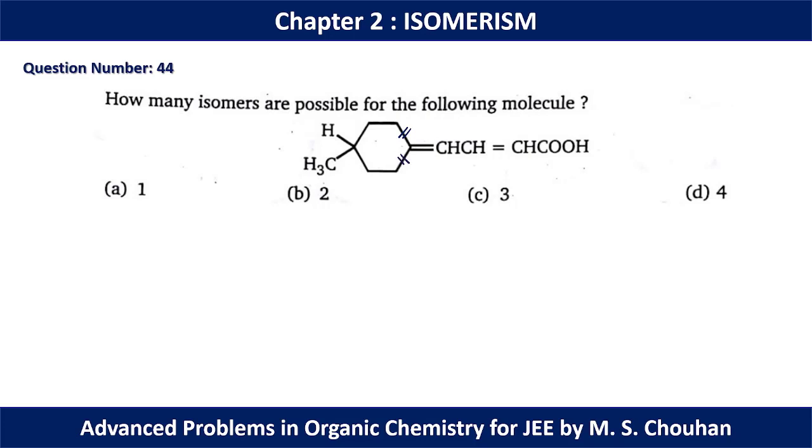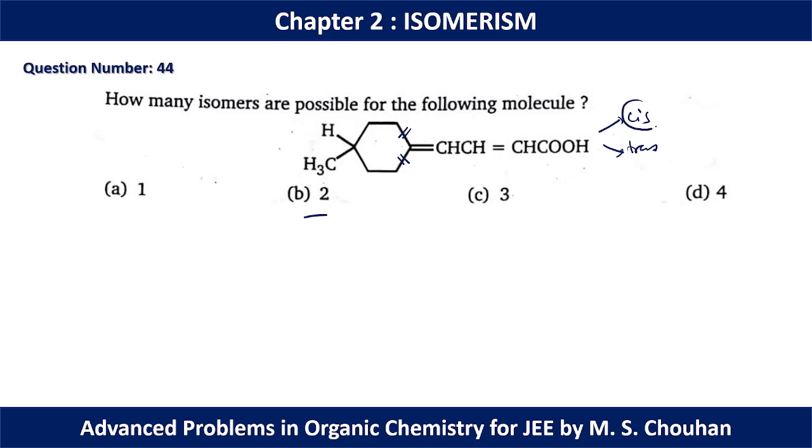As we know, if two functional groups are identical on an sp2 carbon, it cannot show any geometrical isomerism. The only possible geometrical isomerism is from this position. So we can have a cis as well as a trans molecule from this geometric center. Okay, so you can think about option 2, but option 4 is the correct option. Why? Because we cannot have a sigma symmetry or any i symmetry or any Sn symmetry in this molecule. So the molecule is optically active.